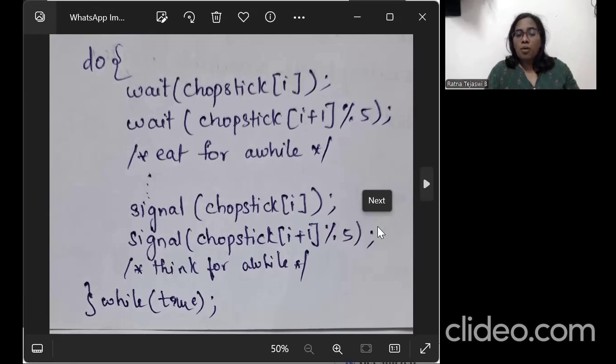So now the problem is, if one philosopher is eating, the adjacent philosopher cannot eat, right? So what is the solution for it? We have three solutions for that. The first solution is